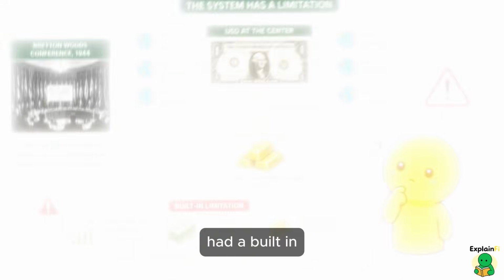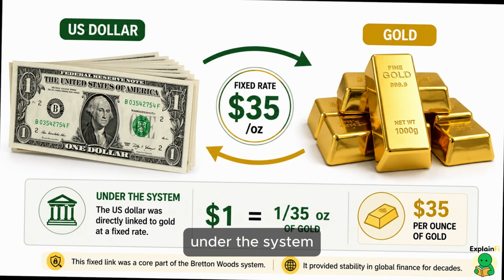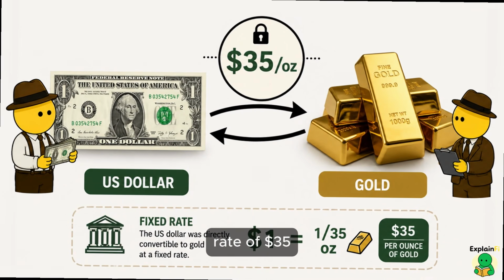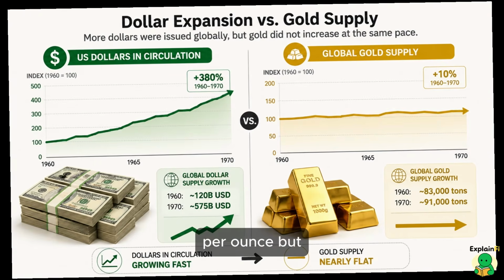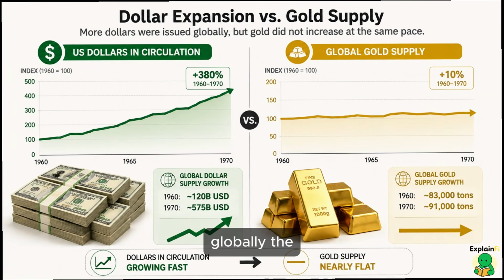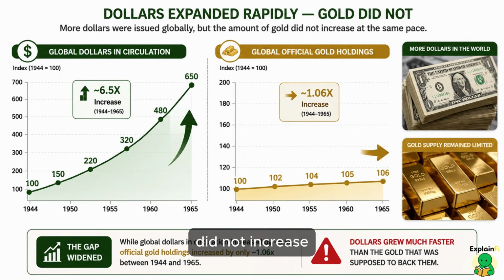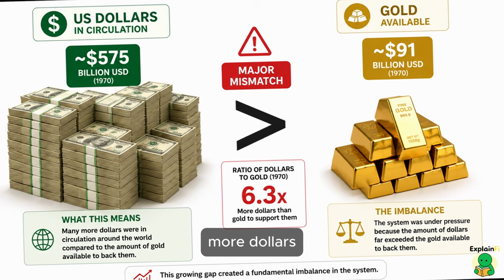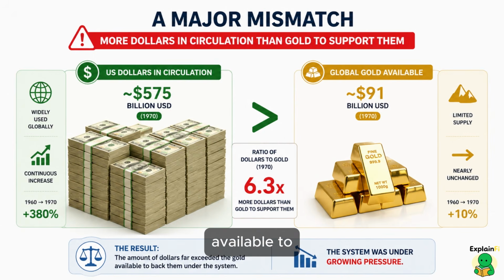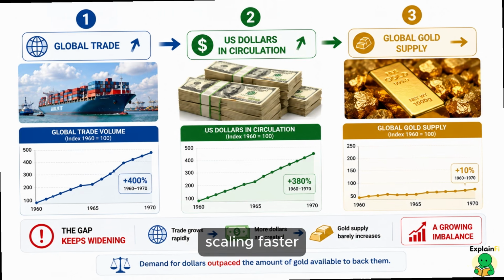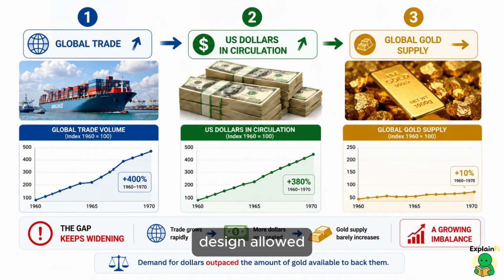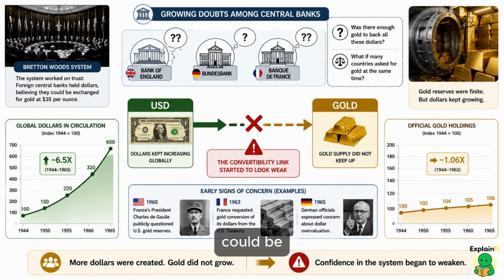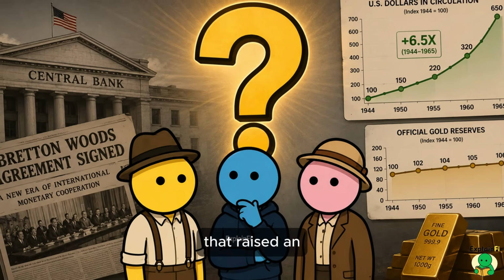But the system had a built-in limitation. Under the system, the US dollar was linked to gold at a fixed rate of $35 per ounce. But as more dollars were issued globally, the amount of gold did not increase at the same pace. This created a mismatch. There were more dollars in circulation than the gold available to support them. The system was scaling faster than its original design allowed. Some countries began to question whether all dollars could be converted into gold if needed, and that raised an important